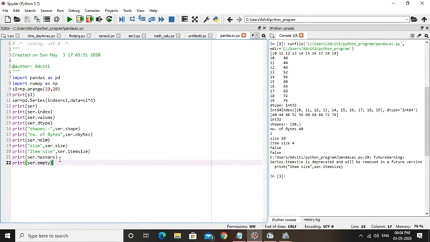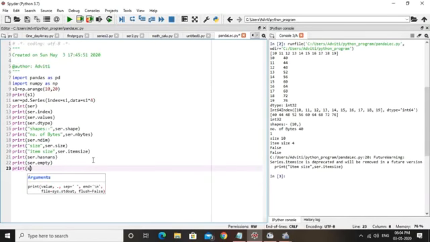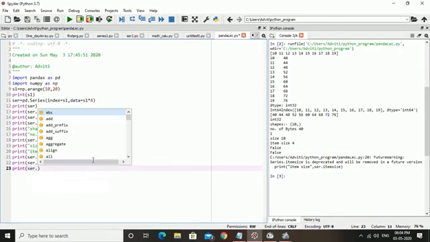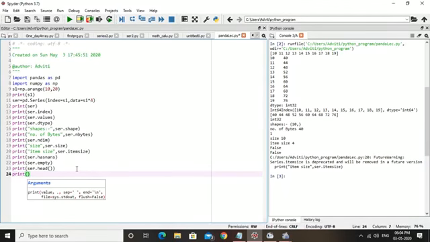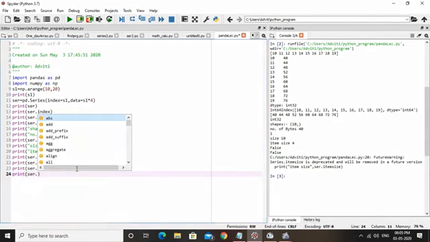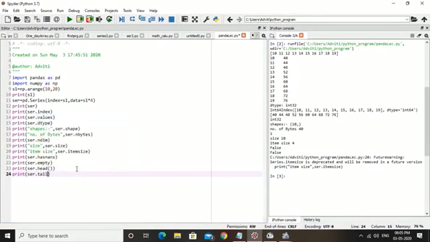Print ser.head, and then similarly print ser.tail. These are the functions. Now we can check the output.